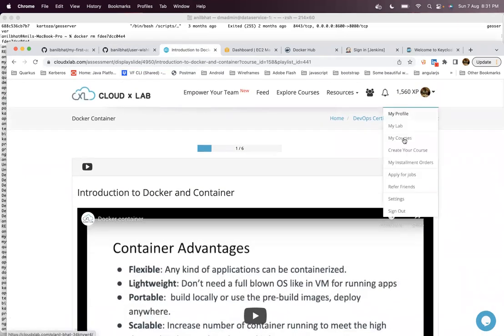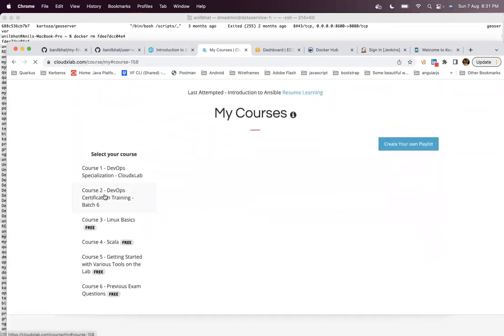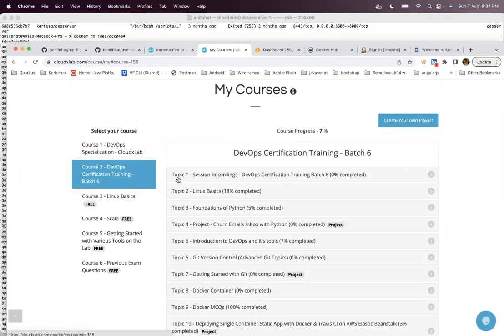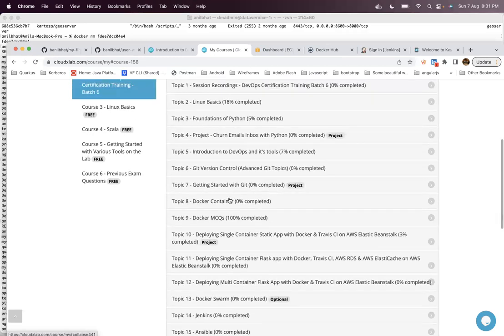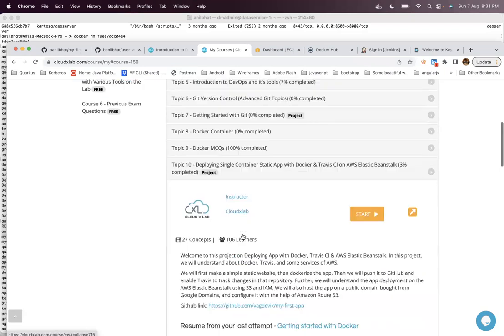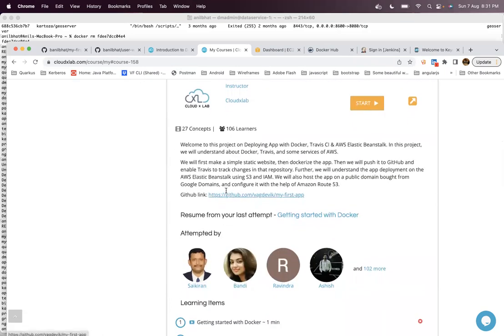Go to our courses, go to my courses, and here in your courses you can go to course topic number 10. Here you can see a repository, right? There is a repository already created which will give you a demo of how to create your own Docker instance.